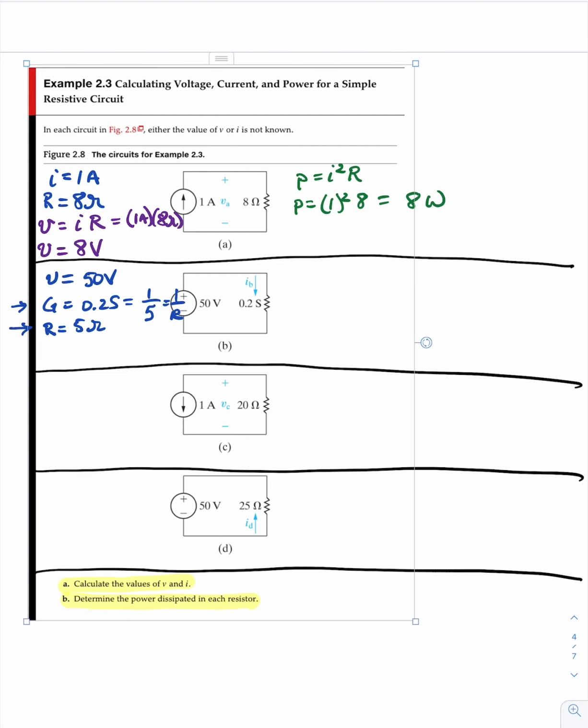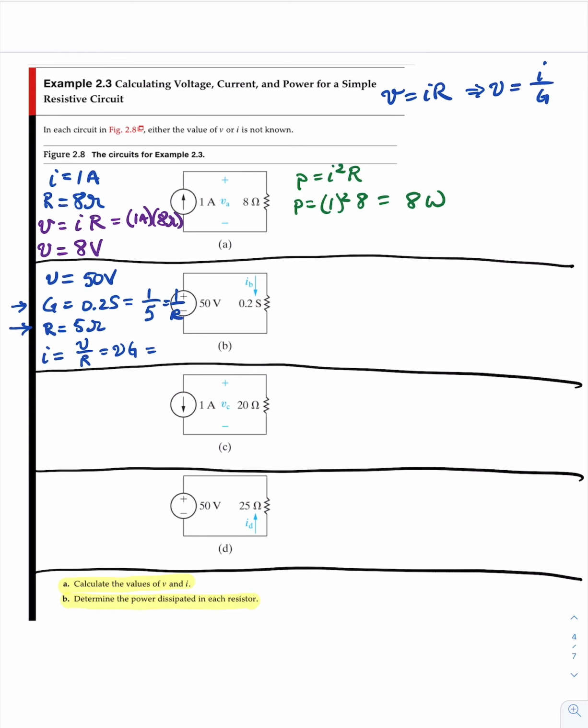Ohm's law states that V is equal to IR, and if we express that in terms of conductance, voltage is equal to I over G. So in this example, current is equal to voltage over R, or voltage times conductance, which is equal to